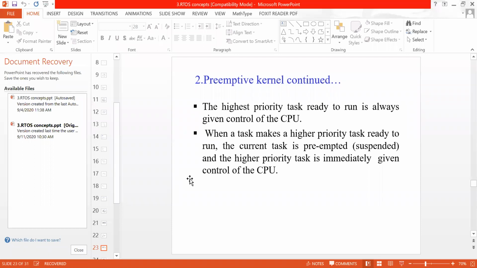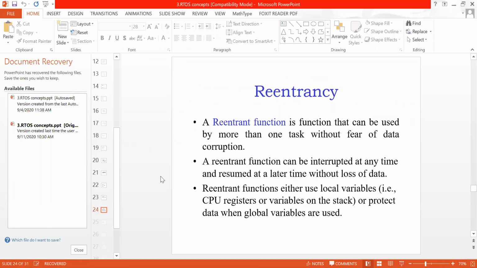So here our objective is satisfied by executing the highest priority task first and then executing the low priority task. Anyhow we are going to execute both the tasks, but whatever the important task is, we have to execute it first. That objective is achieved with the preemptive type of kernel, and this is the reason why we use a preemptive type of kernel in RTOS. That is my intention. I think you have understood this.